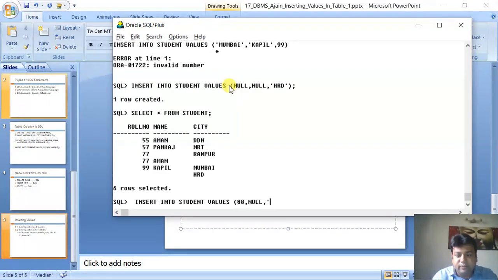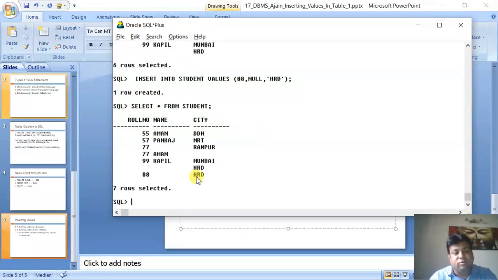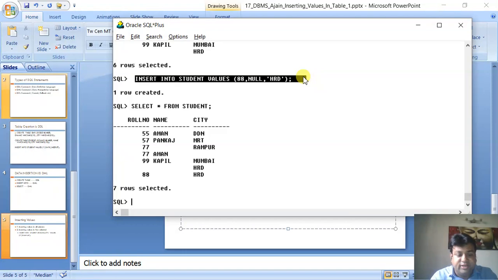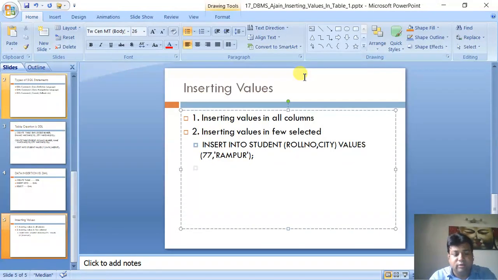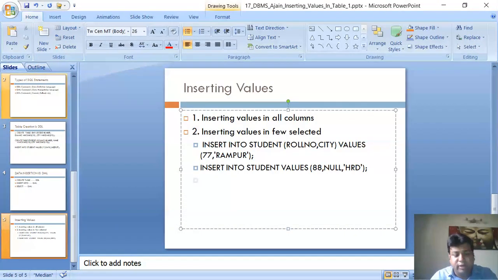Then you have city, you type Haridwar. One row of data. Now you see the data. So I think you will find this method rather easy compared to that method. But the thing you need to remember is whether it is number or varchar, you have to type null without quotes.